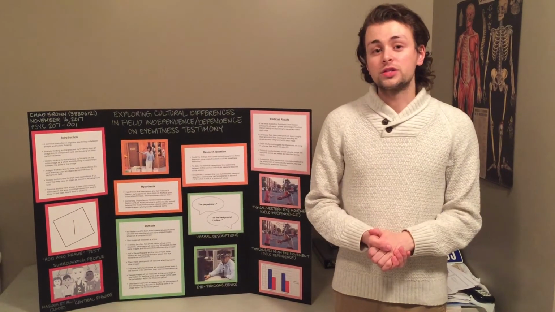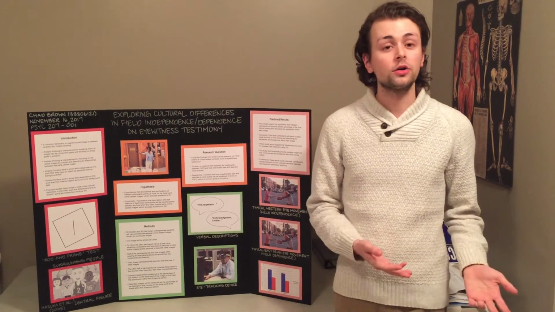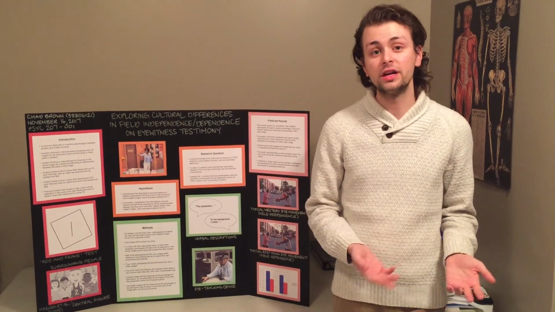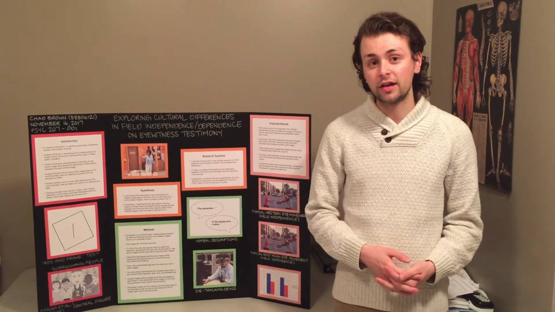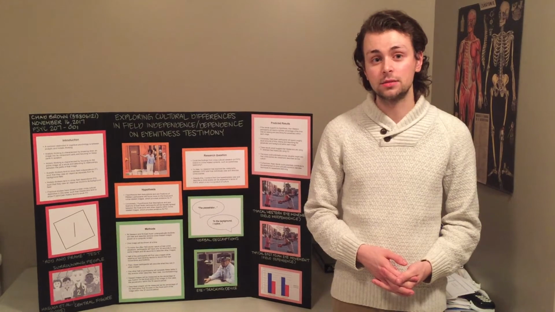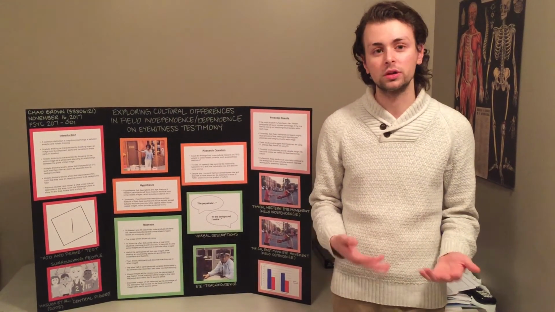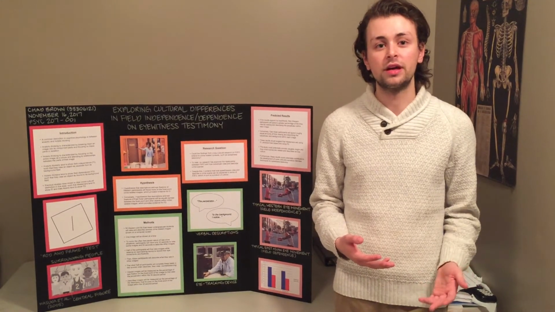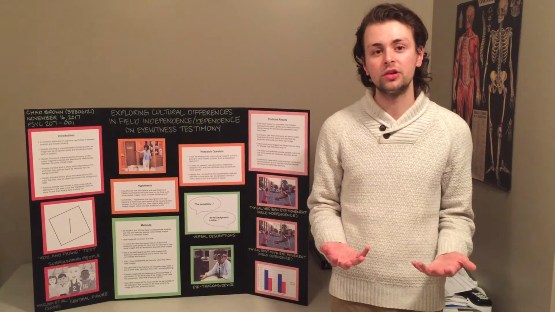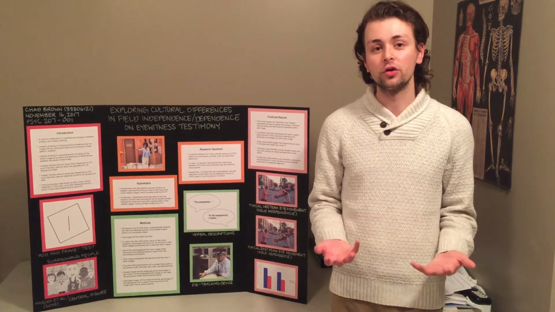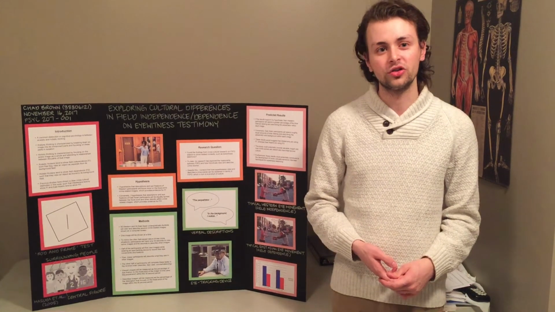So after looking at this research, what I'm curious to know is whether the findings from cross-cultural research on field independence versus dependence can extend to crime-related contexts such as eyewitness testimony. To date, there has been no research exploring this possible relationship, but I contend that how individuals view and describe crime-related images is a product of field independence versus dependence, which in turn is a product of culture.